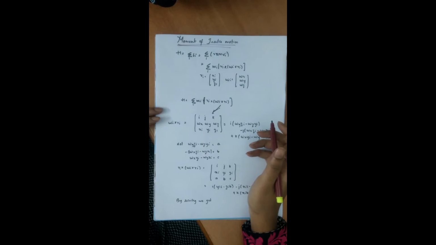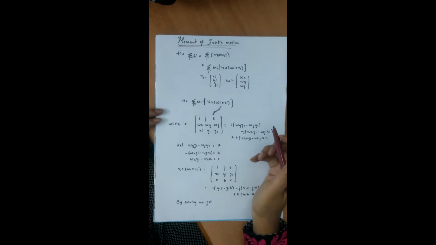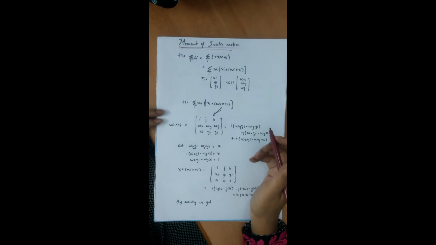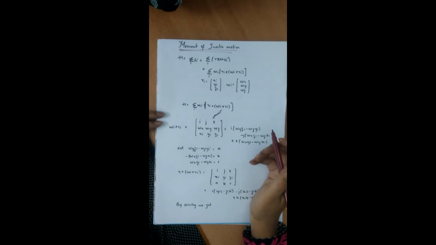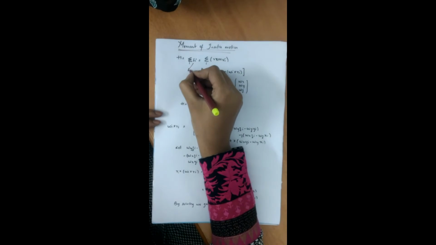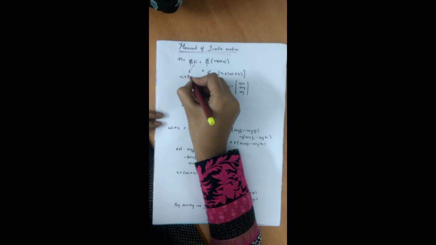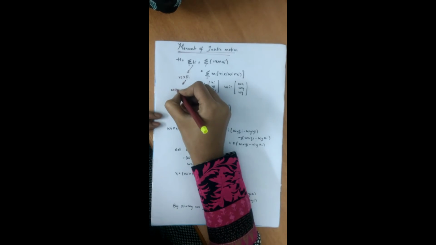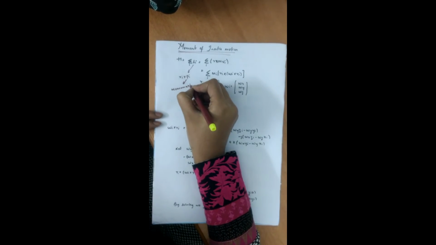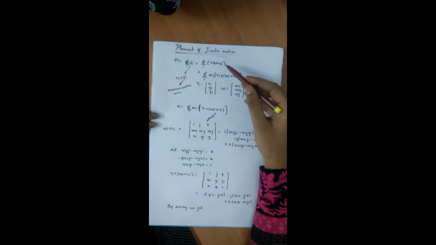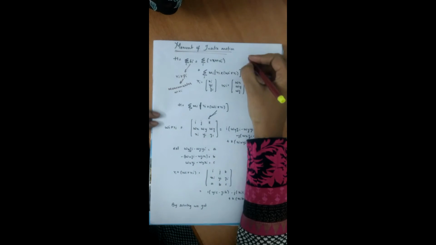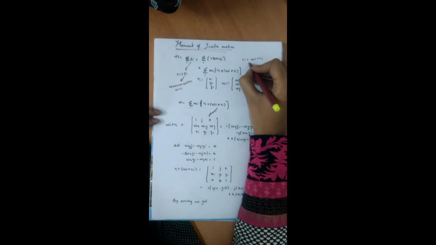Now the next topic is the moment of inertia matrix. Angular momentum of a body can be obtained from the sum of the angular momentum of the particles forming the body, that is H equal to summation Li. We know that Li is ri cross pi. Here pi is momentum, which is nothing but m vi. On substituting, we get this equation, and we also know that vi equal to omega cross ri. On substituting this, we